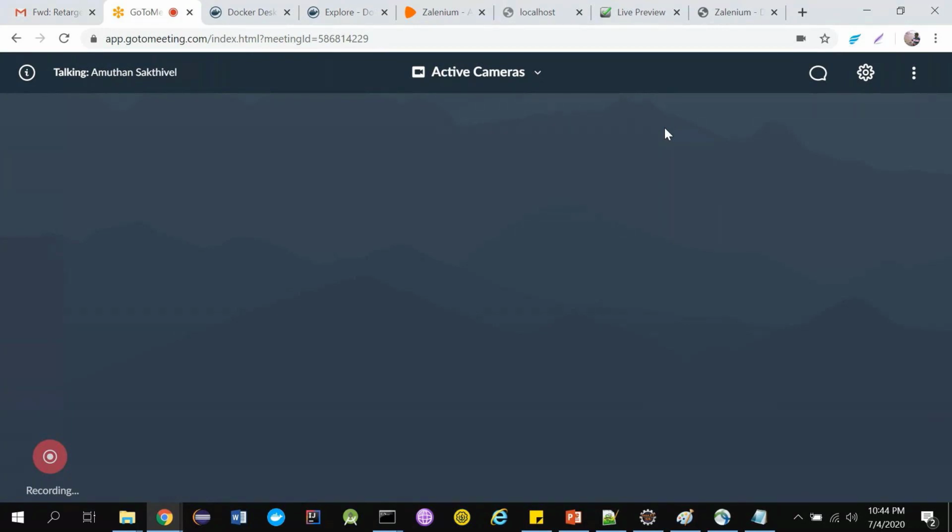Yeah, Amuthan, I have one question. We have this Docker image for Linux, right? So you can create a container using the Docker image for Linux, and you can work inside your Windows operating system on Linux. Similarly, do we have a Windows image which we can use in our Linux operating system, so that we can run that container and work on the Windows machine?